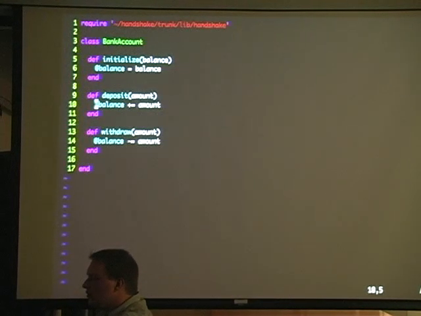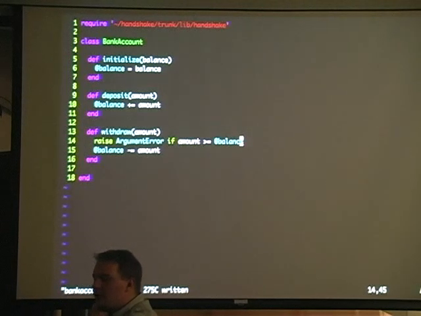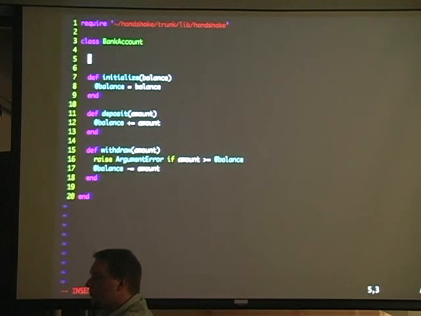And you can enforce that obviously by doing something in here, right? You can raise argument error if amount is greater than or equal to balance. But then, not only does that code clutter up your method a little bit, it's a little bit ugly, but it also limits it to this particular implementation of the method. And it's not totally secure, right? I mean, you could imagine circumstances, for instance, using instance variable set, in which this thing could be skewed into a situation in which that simply didn't hold true anymore.